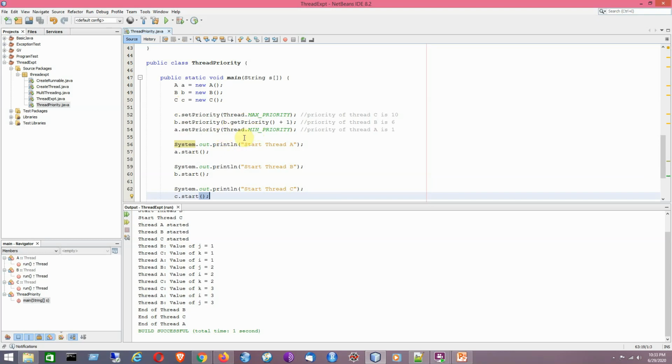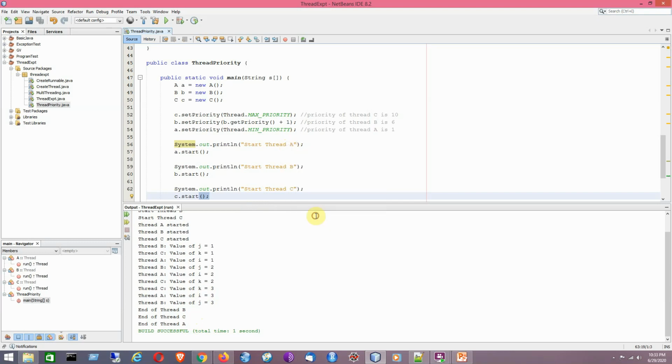But you can see the output is saying that it is ending thread B before thread C. I have already told you about it earlier, it depends on the implementation. But thread A, which has the minimum priority, has been considered to be the last thread to end.